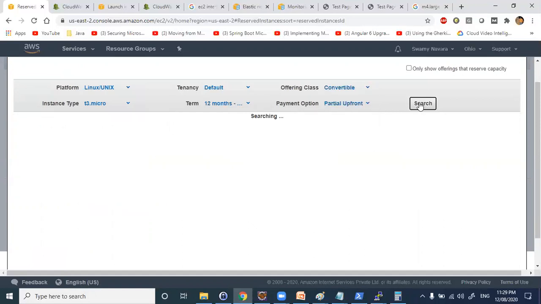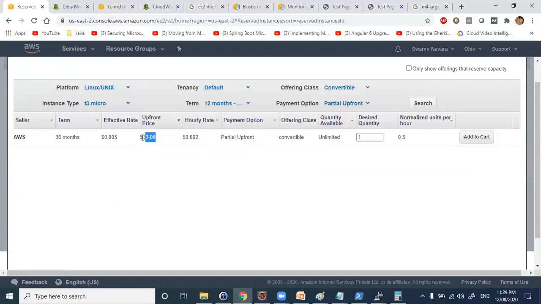So when you click on search, it shows you the upfront price for 36 months. For 36 months, $63 will be the upfront price. If you compare this, the effective cost is $0.05.